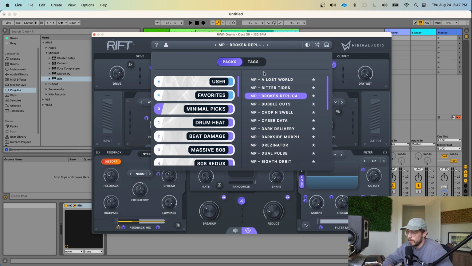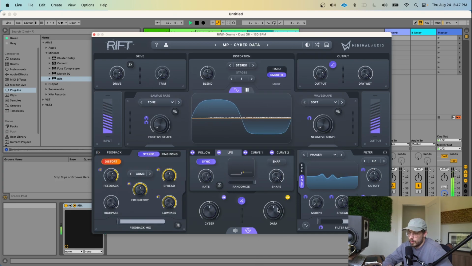So I'll just open up one, and so you can see we have data here, which is controlling the depth on a lot of these feedback parameters and the delay. So if I turn data down, all the modulation happening in the feedback goes away. And then if I turn data up,